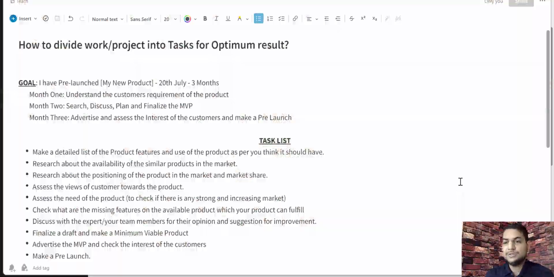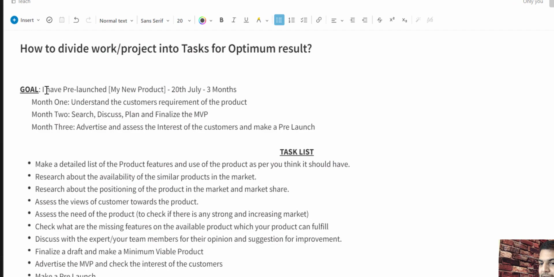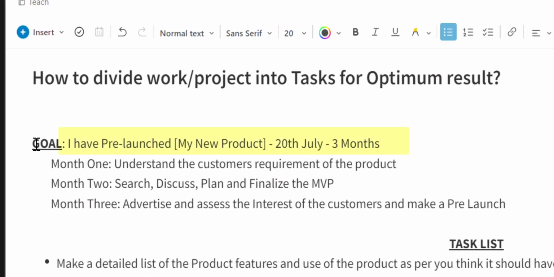So I'm Chandan Agrawal, and in this class we are going to discuss how you can actually divide your work into tasks, what you need to remember, what you need to take care while dividing your work into tasks, all we'll discuss in this class. So let's start. As you can see here, first of all you need to write a goal, what your